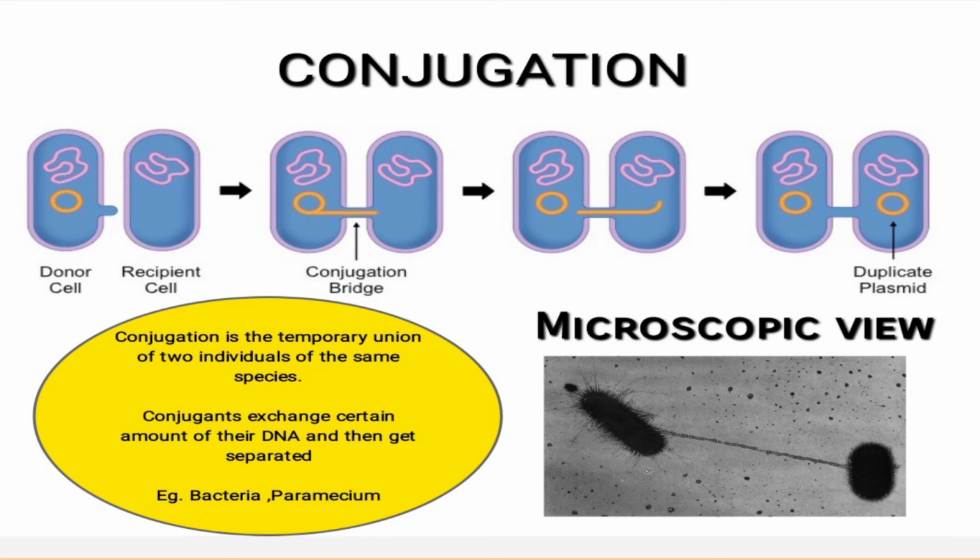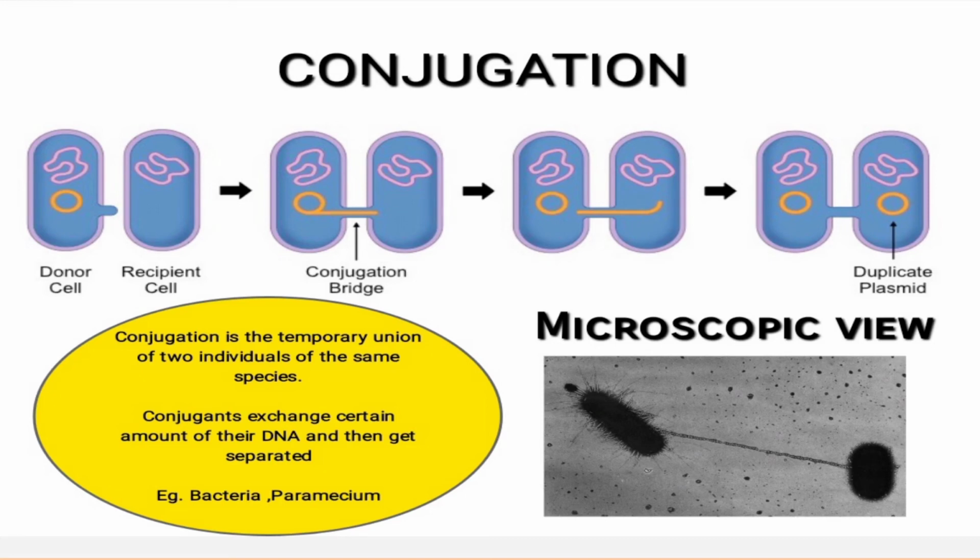So what is this conjugation method? It's a very simple process in which two bacteria come together. You can see the first one is the donor cell, and the second one is the recipient cell. The donor cell has the plasmid which is going to get transmitted into the recipient one. The recipient cell is going to accept it, hence we call it the recipient cell, right? A bridge is formed, a conjugation bridge called the pilus. You can see a bridge-like structure formed between these two bacteria, that is the pilus. With the help of this pilus, the plasmid is transferred into the recipient cell, and later it gets multiplied inside the recipient cell, and they just separate.